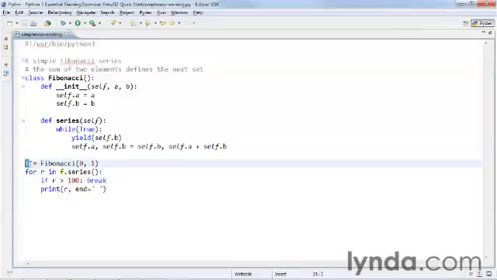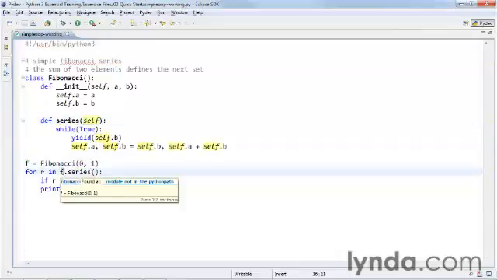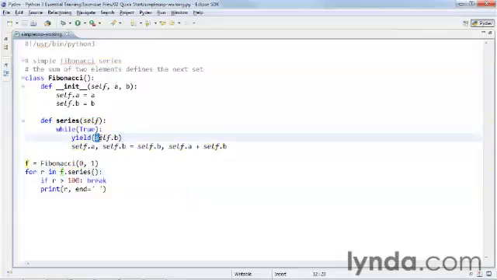So when we use the object f, and here we're calling a method or a function inside of the object f, that's what this dot notation does. f.series calls the series function or method, but it calls the copy of it that's part of the object, the instantiated object. And its first argument is actually a reference to the object f. And so we can assign and use variables that are encapsulated within that object and are actually carried around. So if we had different instances of the same class, they would have separate variables, separate values in self.a and